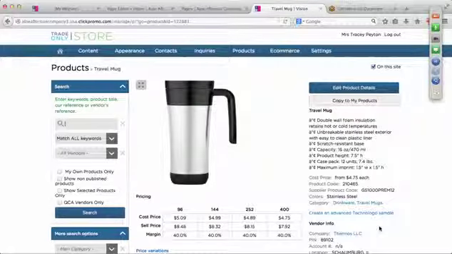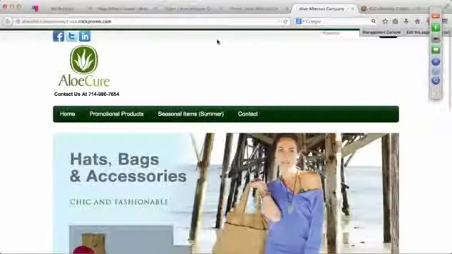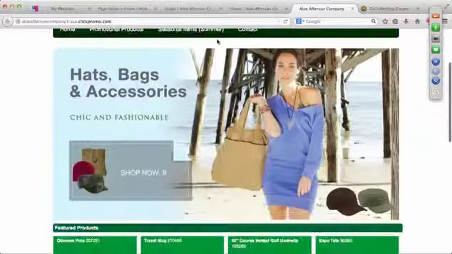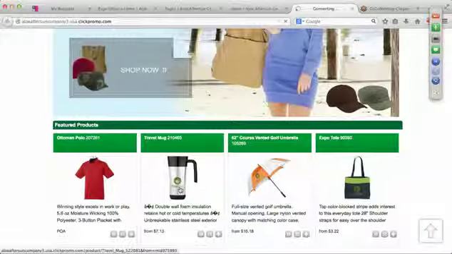So now if I go back to the front end of the site and I click on this product, we should see the ability to choose those additional attributes when checking out. So what we'll do now is we're going to go back to the home and we're going to view the site. And I'm going to scroll down here and I'm going to find that mug. So if I click on that mug,